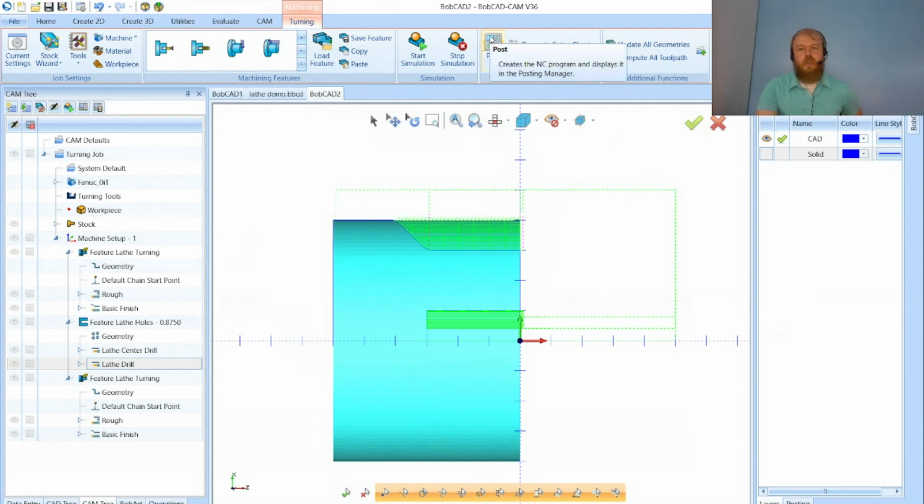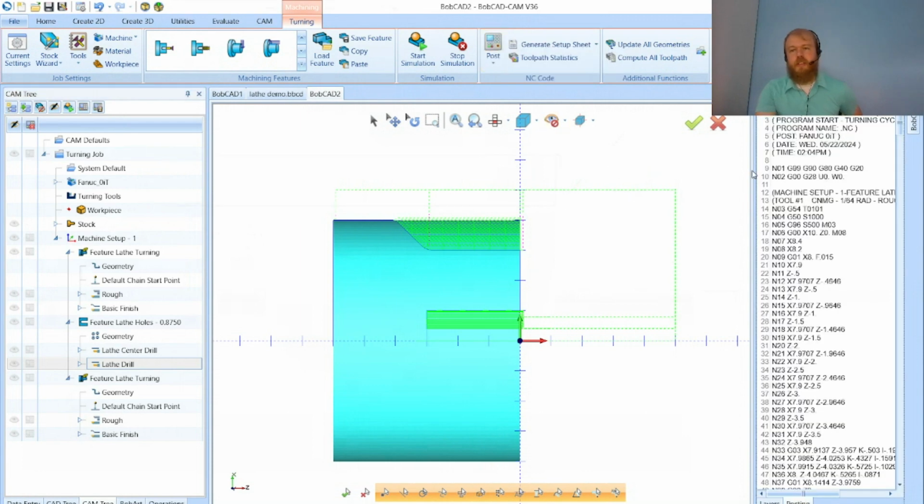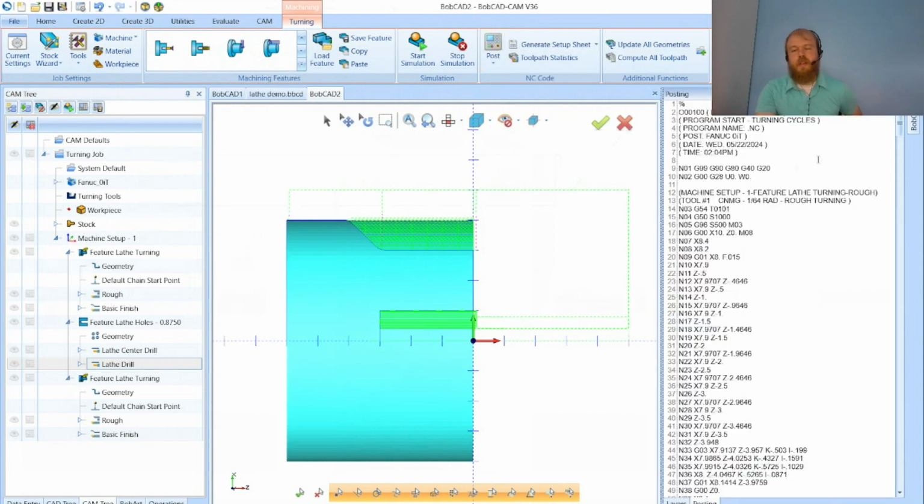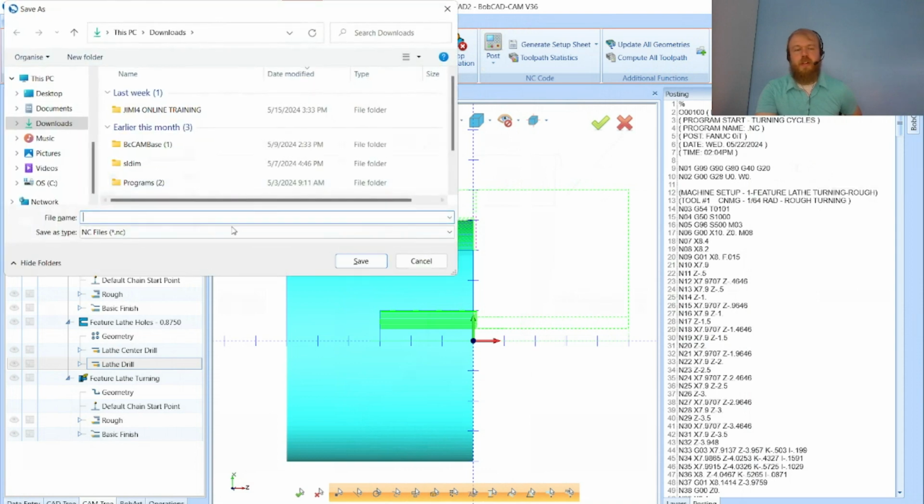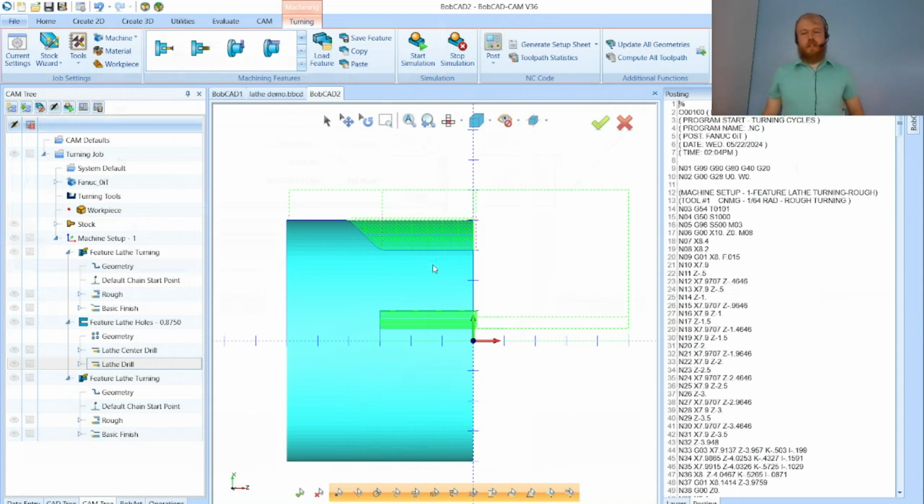We can go to the top, go to post, and generate the G-code here on the right-hand side. Right-click, save it, and put it onto a flash drive from there. One last thing that we can look at is creating a custom tool, and that is by going to a new file,